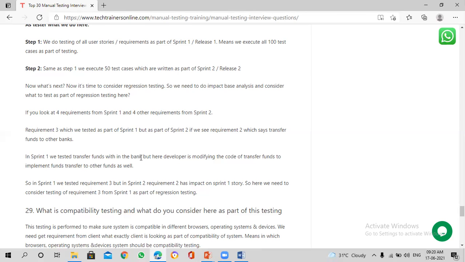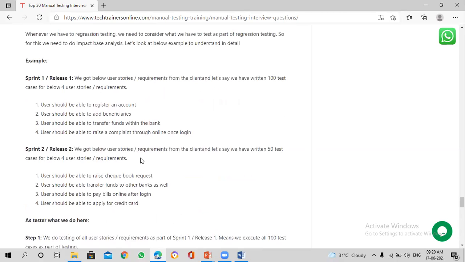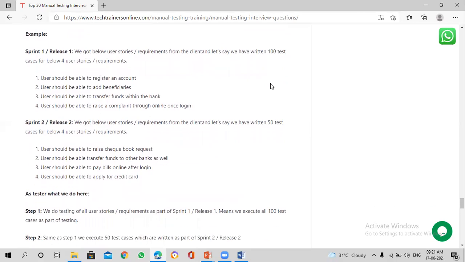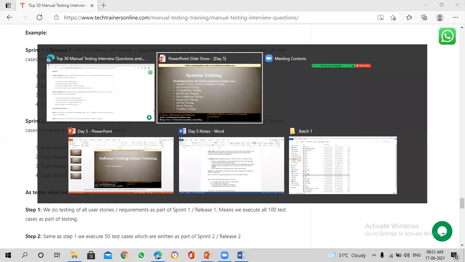If I take this as an example, if I have to do end-to-end testing, I mean the core of the system, all these 8 user stories are the core of the system, the major functionalities. Even in sprint 2, I have to test all 100 test cases and 50 test cases as part of sprint 2. I don't want to waste my time doing manual testing for 100 test cases, so I automate it. That is exactly called regression testing.